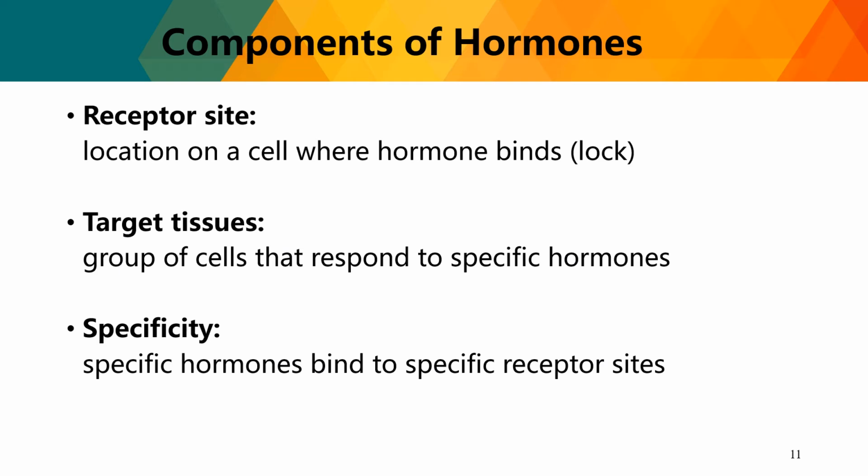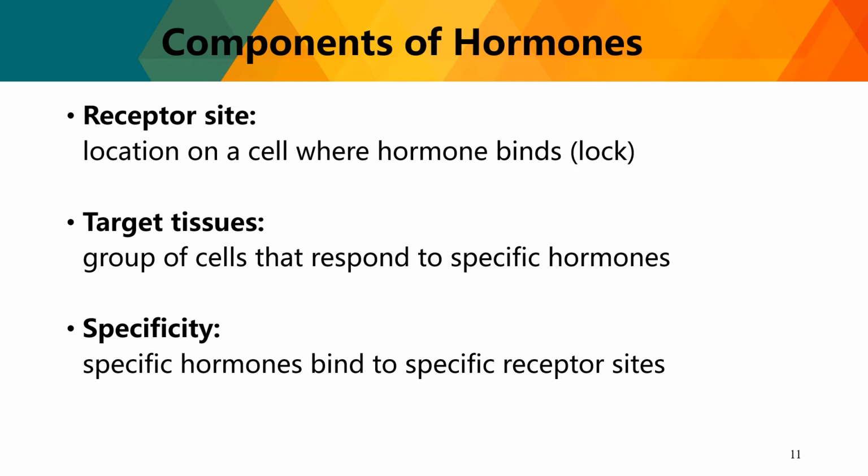So for the components of hormones, first they do have what we call the receptor site. So this is actually the location on a cell where hormones bind. So it is basically, in layman's term or in comparison, ito yung lock. Okay? And then you also have the target tissues. So these are a group of cells that respond to the specific hormones. And you also have